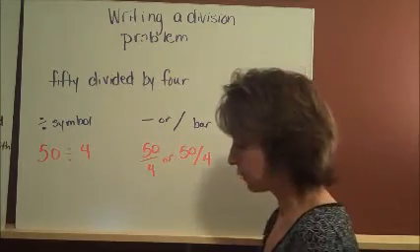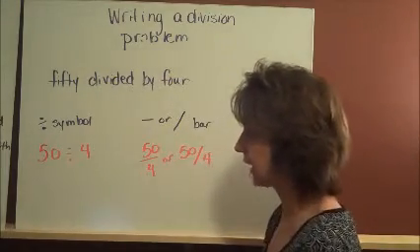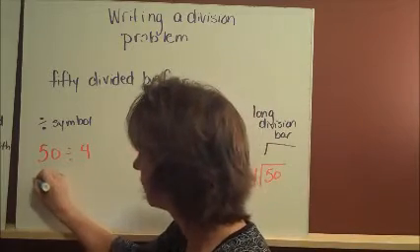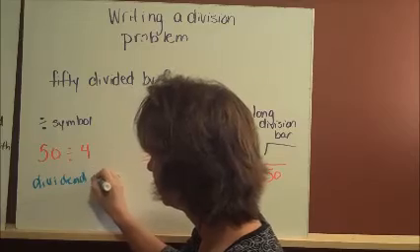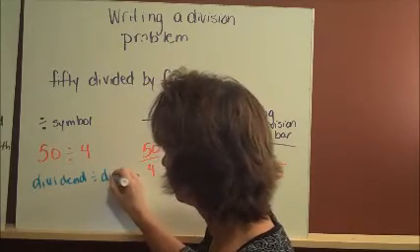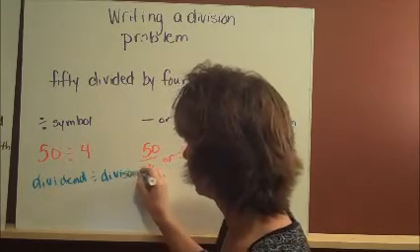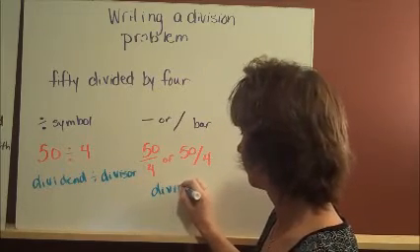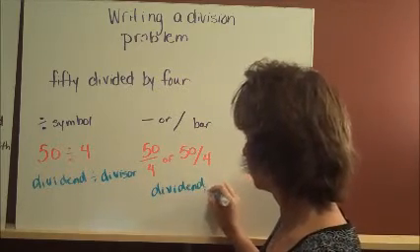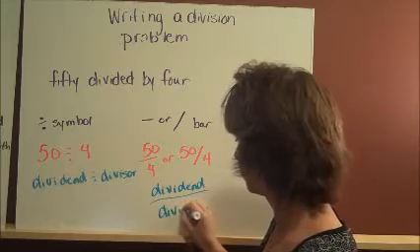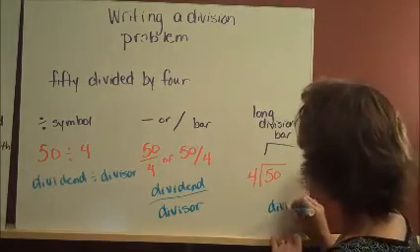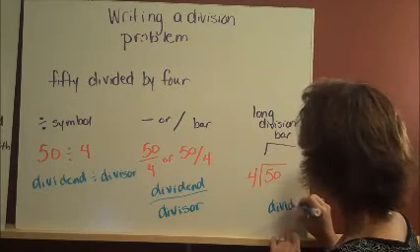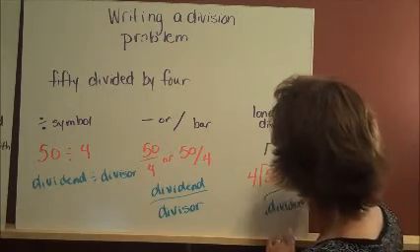Now, let's go back to those parts and identify the 50 in each one. This is the dividend divided by the divisor. This is the dividend divided by the divisor. And this is the dividend divided by